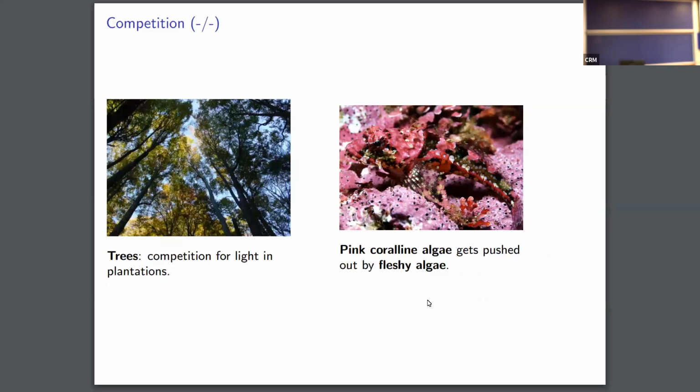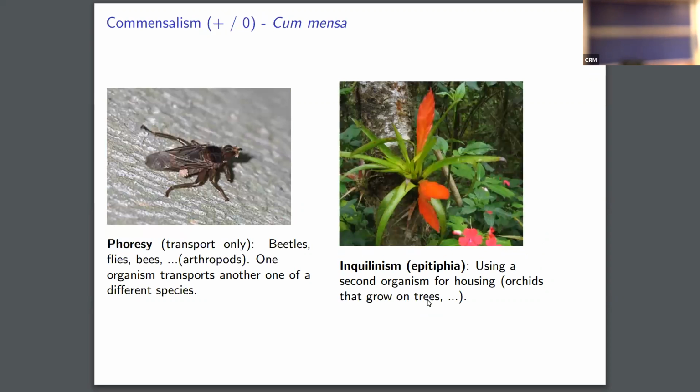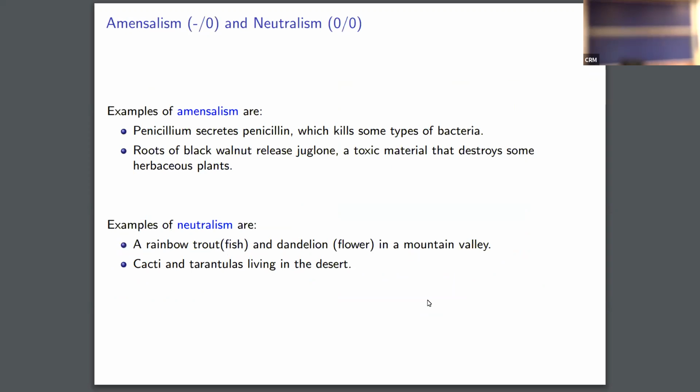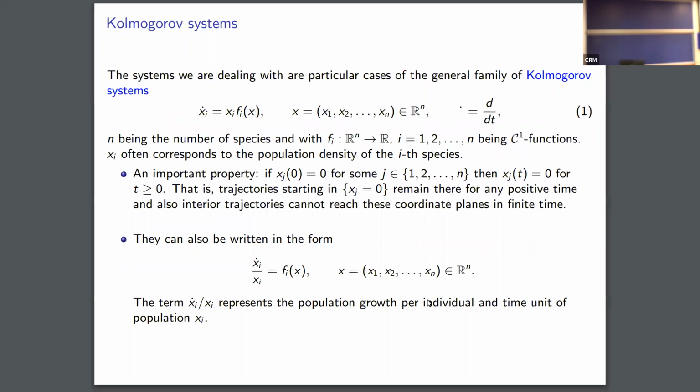So let us go into mathematics inside this interaction. So there are examples in nature, and even all these kinds of amensalisms and also neutralisms, which are not so common, but they also appear. Okay, I would like to start with a very general case, and then go to a particular case which is really simple, but even being simple, it's also interesting because it contains in particular the typical Lotka-Volterra interactions and many of them. So let me do what is called